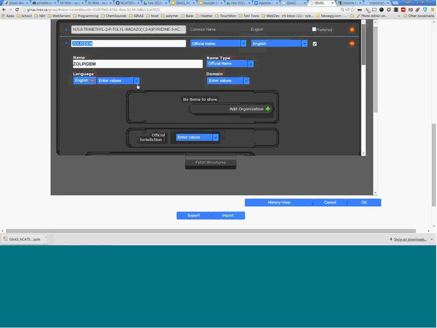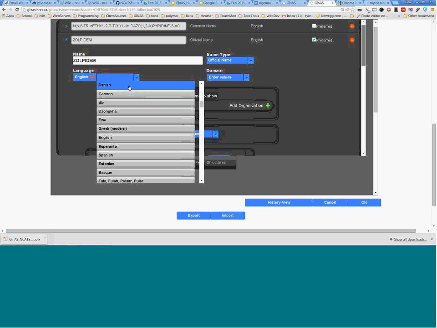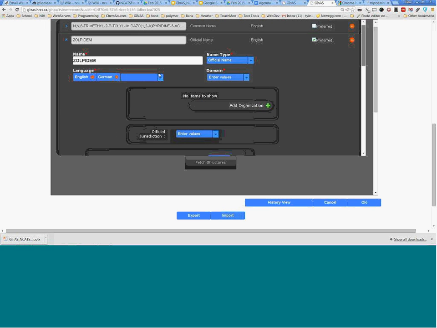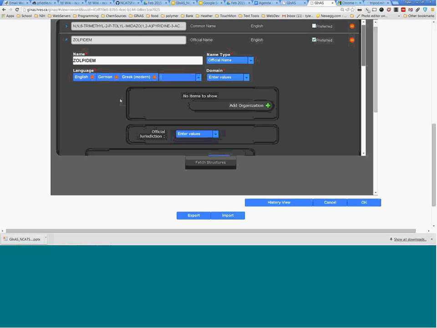If you're able to delete something, that red icon is what deletes it. So, for instance, right now this is language that would be English. You can select many different languages for this. This may be German, Greek, and this may be relevant. This name might actually be useful, but the same string of characters in many different languages would